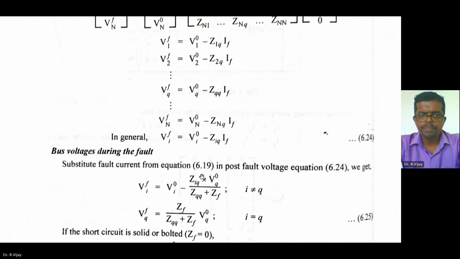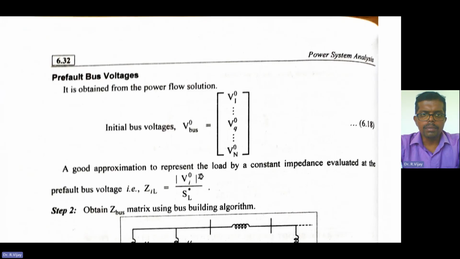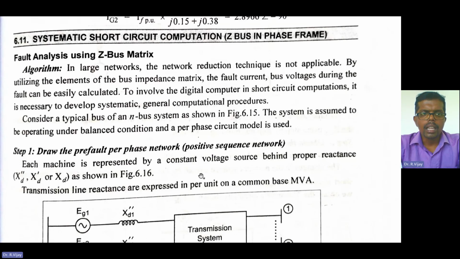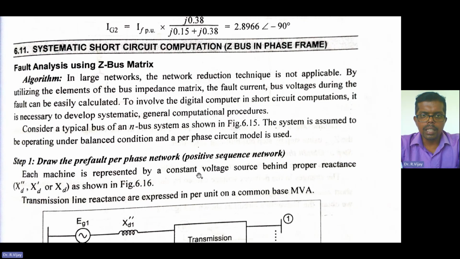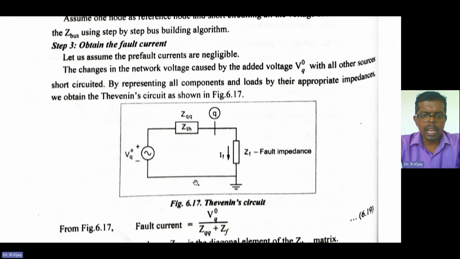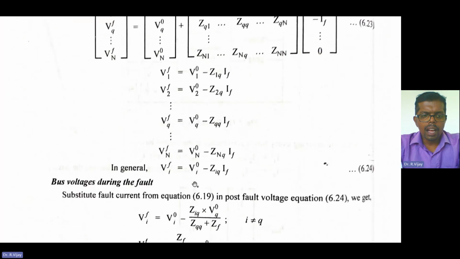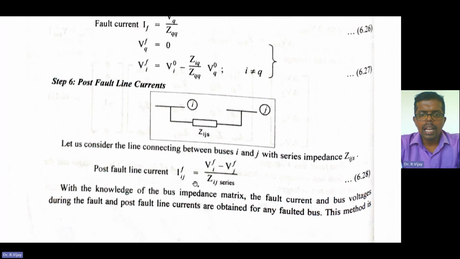That is, obtain the fault current, that is, the systematic short circuit computation. By using this algorithm, how to obtain the systematic short circuit computation? These are the steps. How many steps are there? There are around 6 steps. You need to write all the 6 steps with the